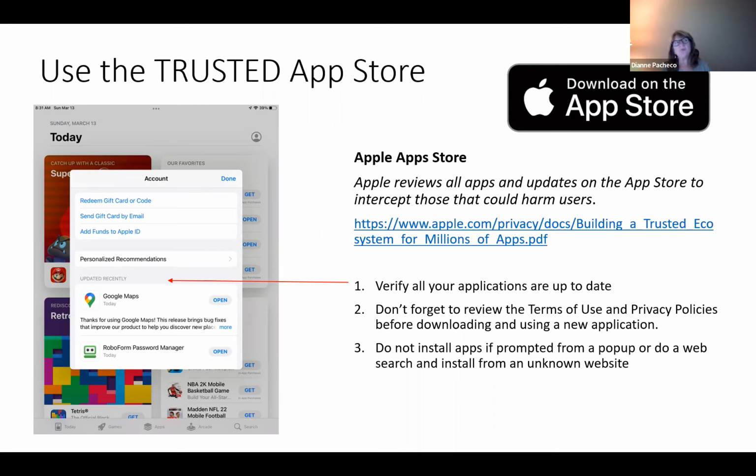You want to make sure that just like you're updating your operating system, that you're always updating your applications. That's another place where there could be security vulnerabilities. And when there is an upgrade for your application, generally, it's either to patch a security vulnerability or to give you some enhanced features of the app.